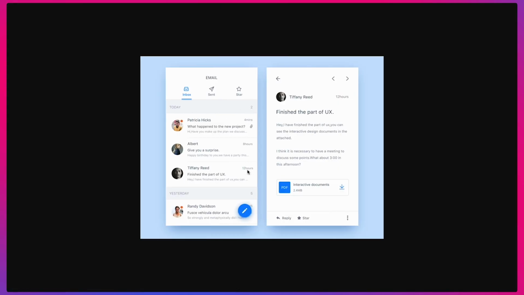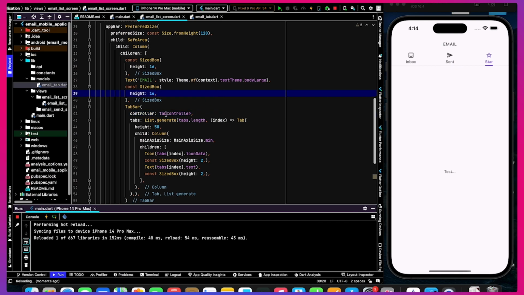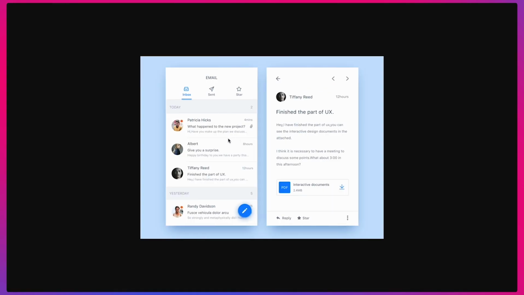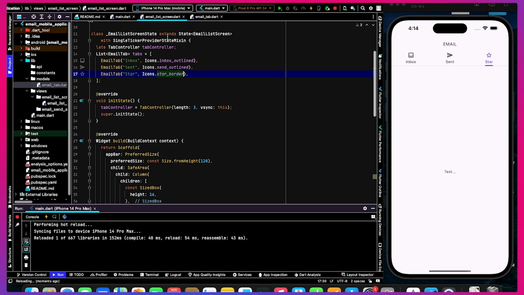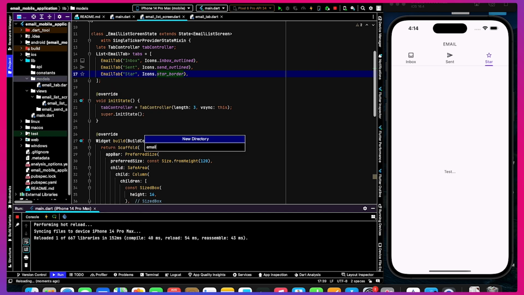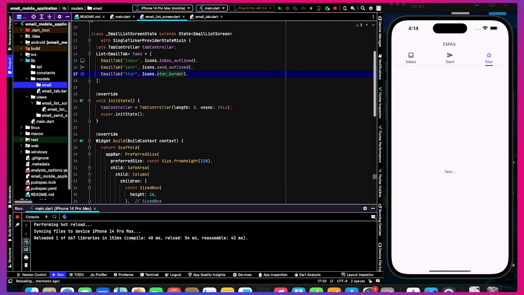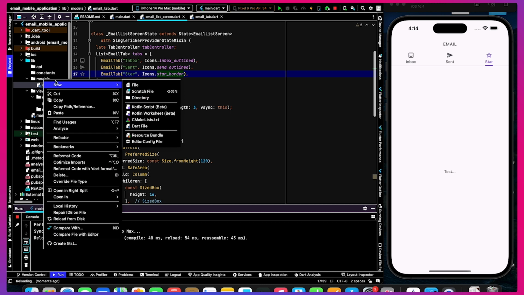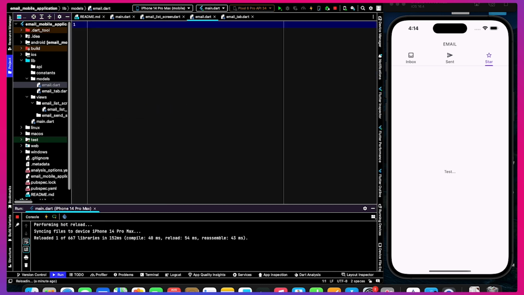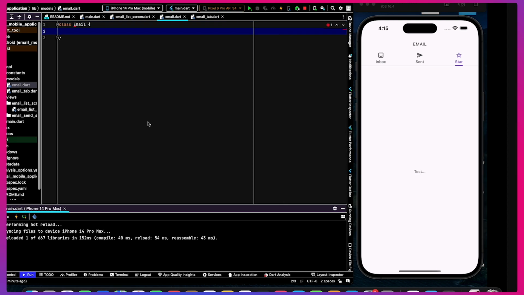Further than that, the list we have to show here. So how the list will look like is a conversation. So for example, an email message. So I'll create another model here for our email. Okay, I created a folder. So let me create a Dart file here known as email. Now it will contain some more important information like